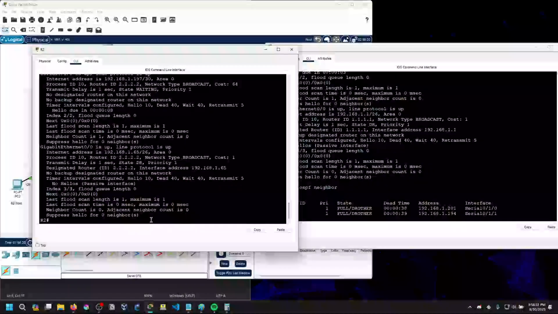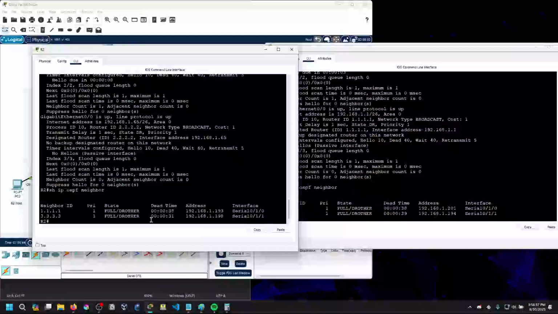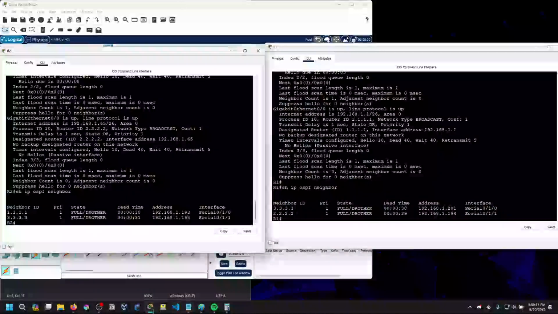We'll figure this out in the future. Show IP OSPF neighbor. It looks like everything is DR other. Maybe it's because of the... maybe if I take out the neighbor ID, maybe that's the reason why. Well,